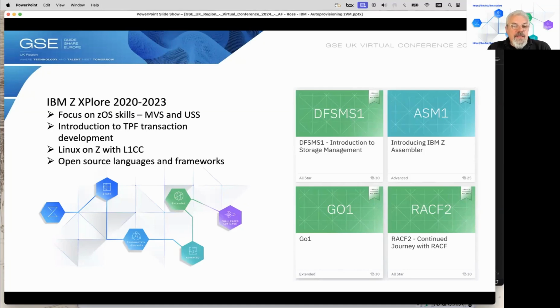We have a separate channel that is defined for the zTPF transaction development, and that's supported